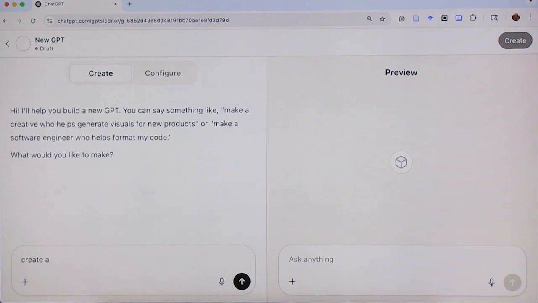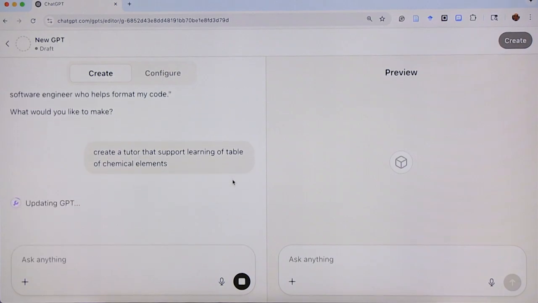Do you want to try one? Yeah, on my screen here. And you try one of them. Let's do create a tutor that supports learning in the table of elements. So again, working on it, and the result will be on the right-hand side on the preview. So all we're doing in this demonstration is making sure you understand that it's not limited to math or to language or to anything else. It's really almost anything because the LLMs have such a wide array.